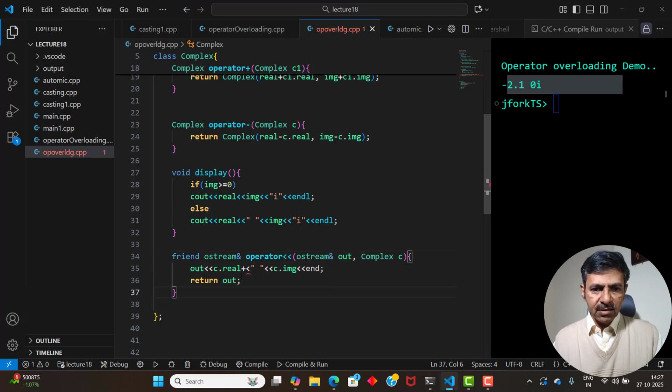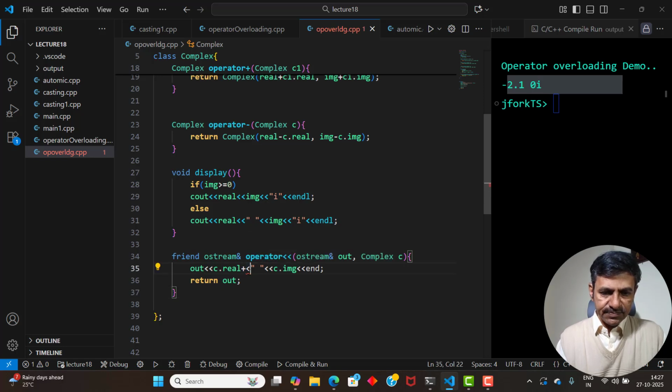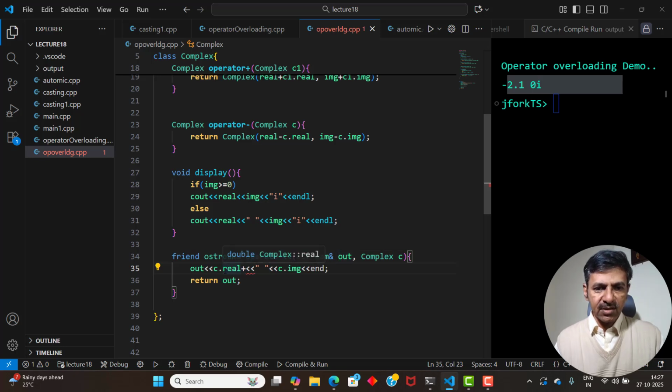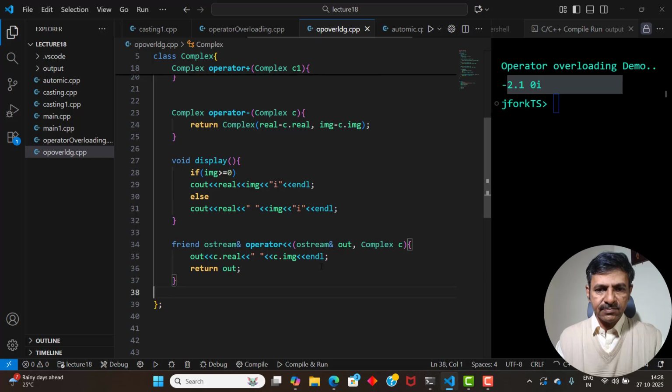Okay. Why? Because this out is an object of the output stream. This is not part of the complex class. Okay, this is an object of the output stream. This output stream is accessing your real and imaginary part, isn't it? So for that you have to make it a friend function, so that this out object has access to the real and imaginary part of your complex number. Okay, so now